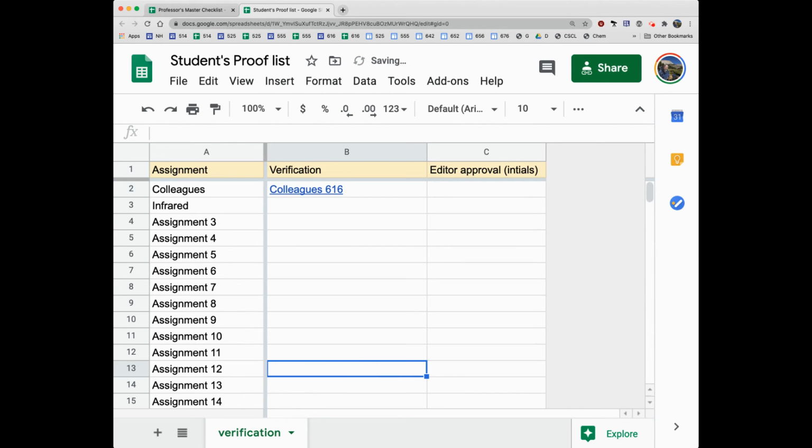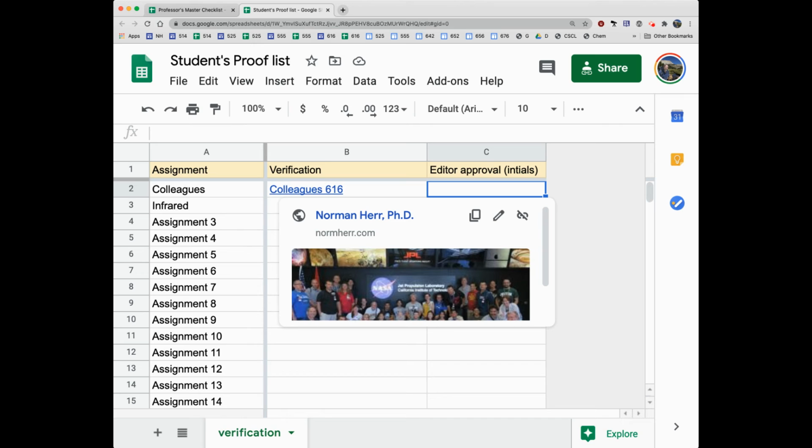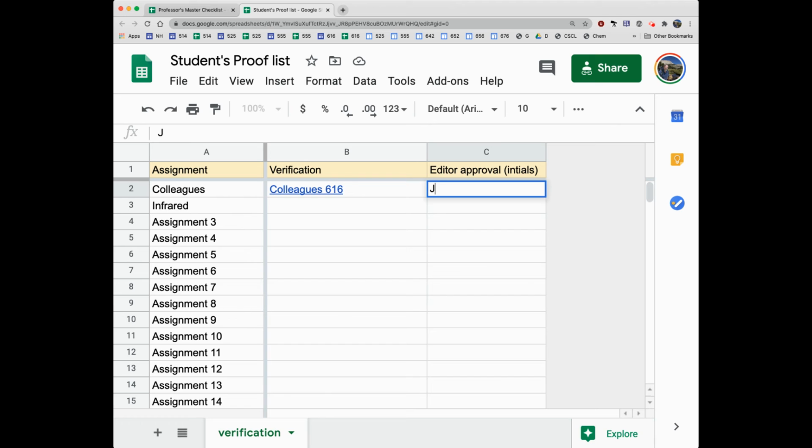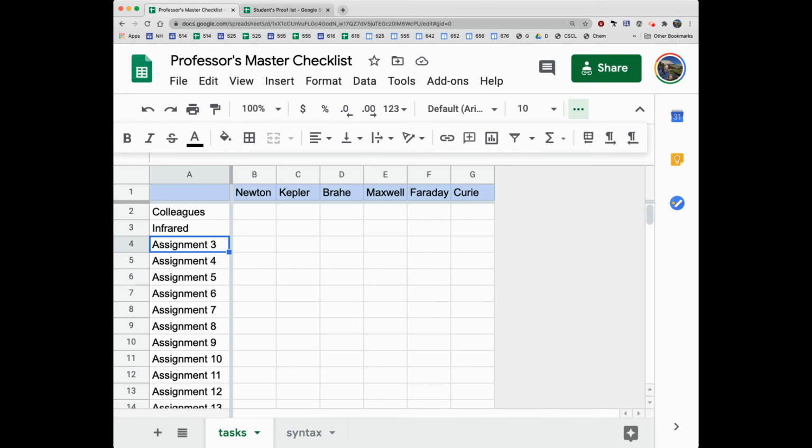So now the editor comes along. This is Johannes Kepler looking at Isaac Newton's work, and they go to that page, and everything matches. Now they're ready to give an approval for it. So they're going to put in Johannes Kepler. But when I look back on the main sheet, the professor sheet, I don't see any indication that they've actually approved it. If, however, I go to do the import range the reverse direction for Isaac Newton,